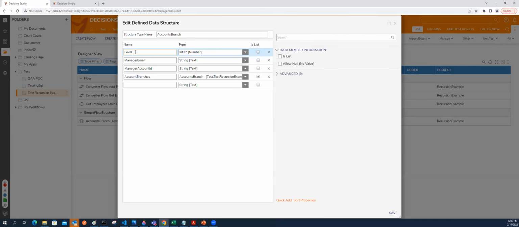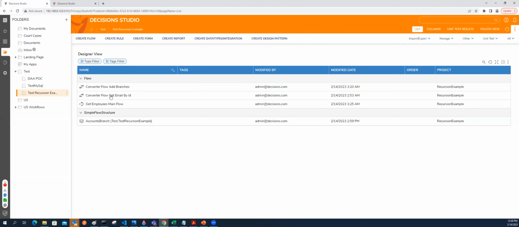In here, I have my level, my email, account ID, and I have this thing, the type itself inside of this type. And it says basically what Will told you. That's not a good idea, but it works. So basically you add the same type,